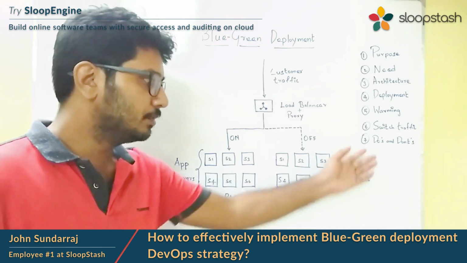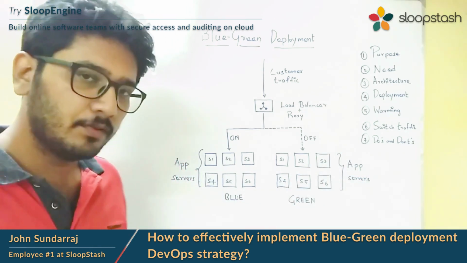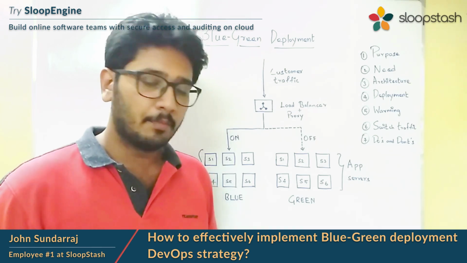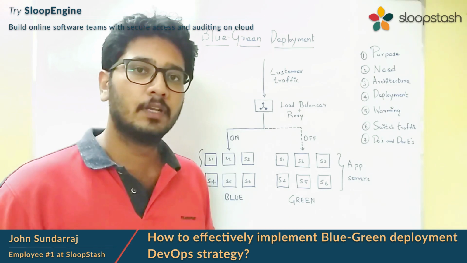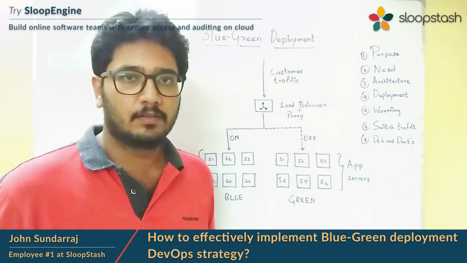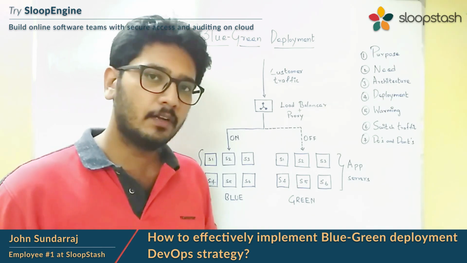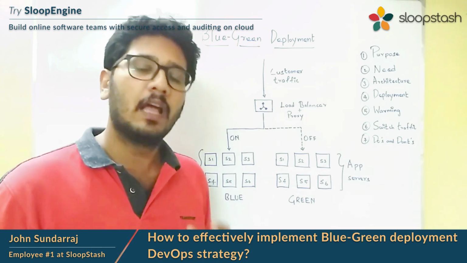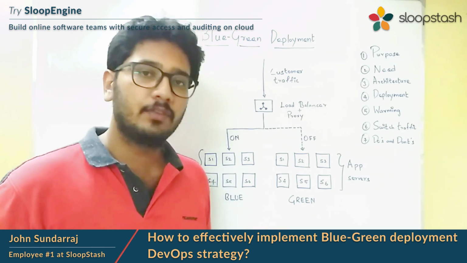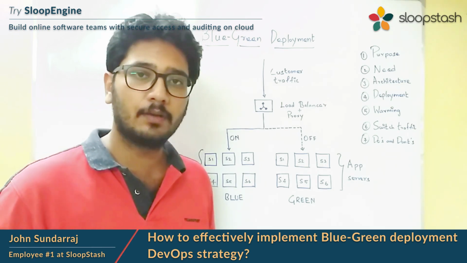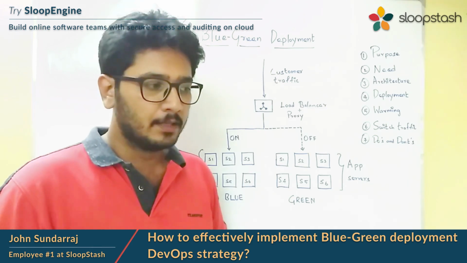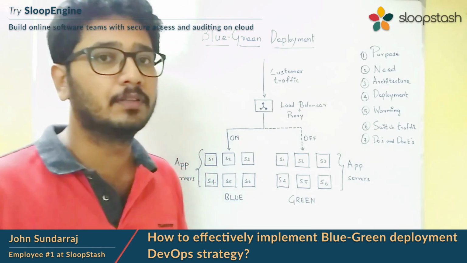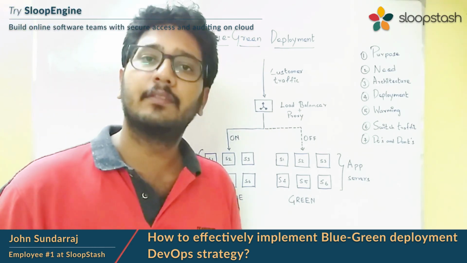Now let's look into the do's and don'ts in blue-green deployment. Many used to think that blue-green deployment also suits database service deployments like MySQL, Elasticsearch, Redis, MongoDB, Riak or something like that. It is actually not designed for that. Blue-green deployment strategy is specifically designed to suit application service deployments like Python, PHP, Node.js, Java, Ruby, etc. So we should not use blue-green deployment for our database service deployments. If we do that, we'll screw up the entire thing.